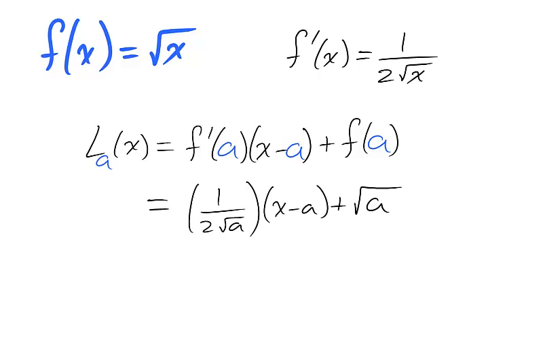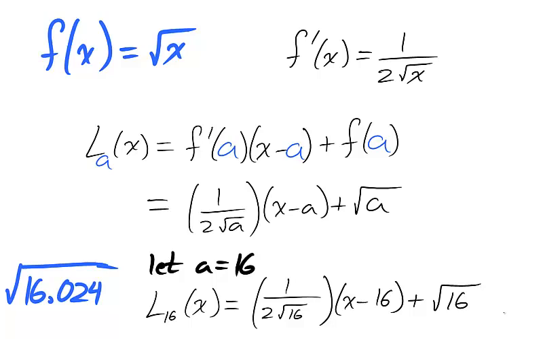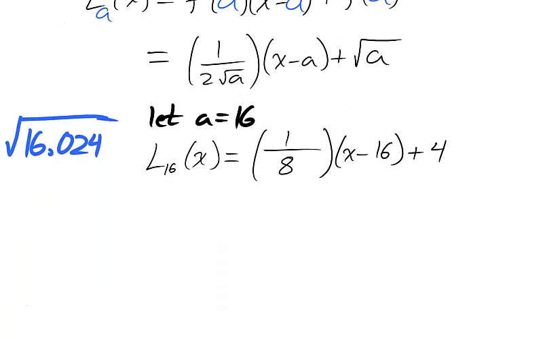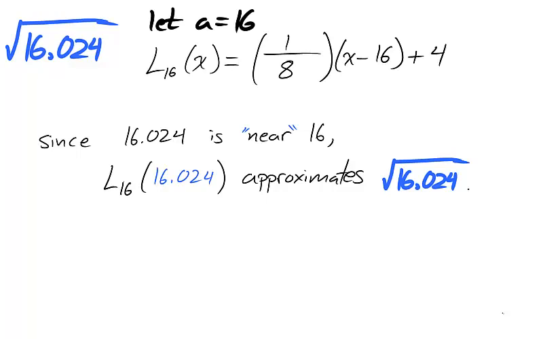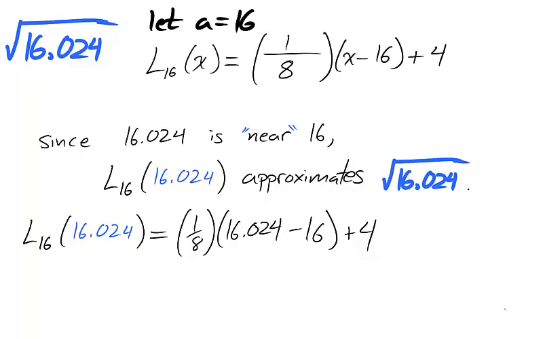Now we can use this linearization to provide a reasonable estimate of the square root of rational values. Take, for example, the square root of 16.024. The nearest value to 16.024, for which we can quickly calculate a square root, is 16. Let's take a equals 16 in our linearization. Notice that 16 and 16.024 are very close, so we should expect that the square root of 16.024 can be approximated by the linearization. We plug 16.024 into our linearization,